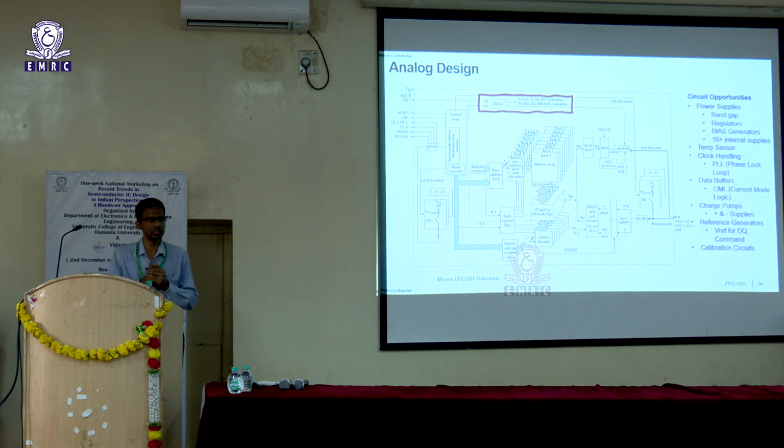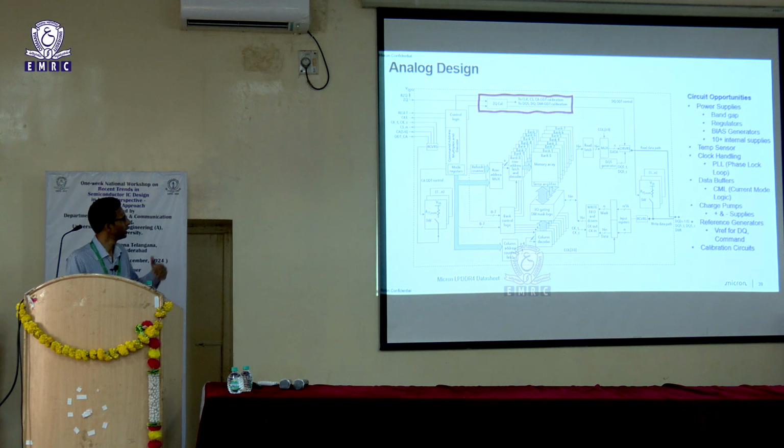Why is a temperature sensor needed? Because as I said, DRAM is dynamic in nature, wherein the charge would leak out as a function of time. And this charge leakage is strongly dependent on temperature. If you are operating at 25 degrees as opposed to 125 degrees centigrade, you have a significant difference in the leakage currents. 125 degrees centigrade operation would have much higher leakage. So the chip should somehow know that it's operating at a higher temperature and start refreshing at a faster rate. So that's the need for the temperature sensor.